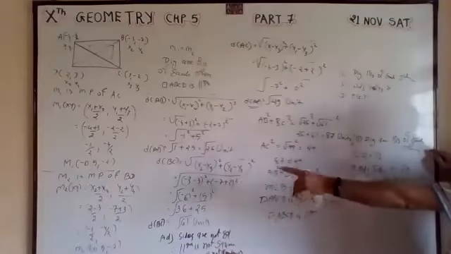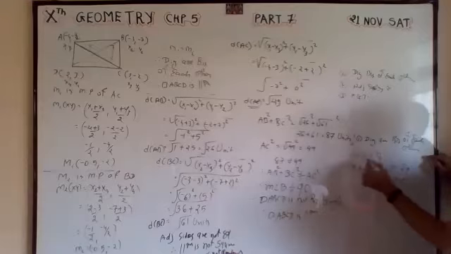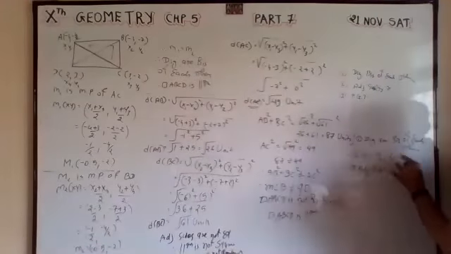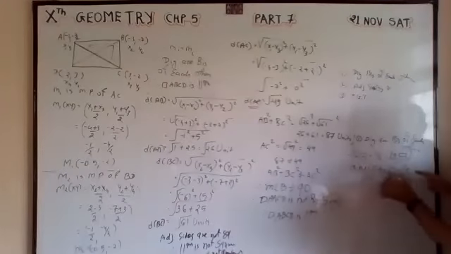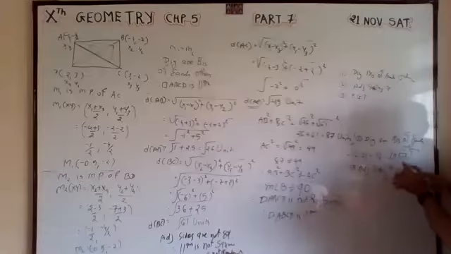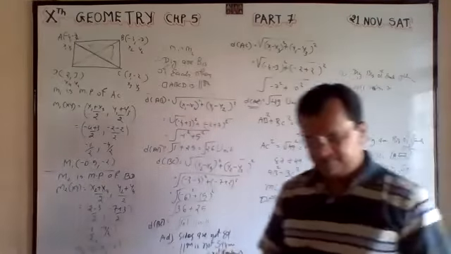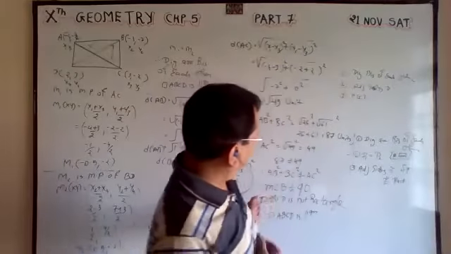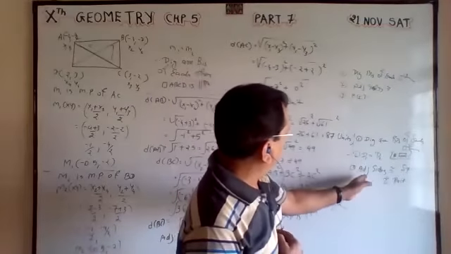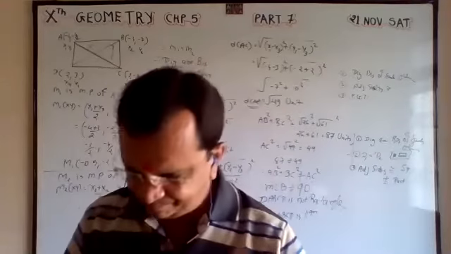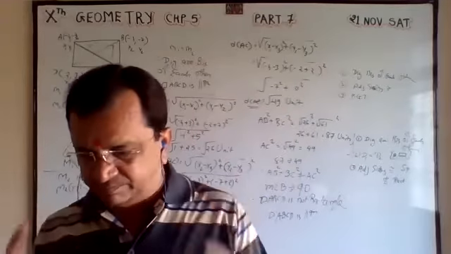Find out the midpoint. If it is equal, parallelogram. Find out the diagonals' length. If it is equal, it can be a square or rectangle. Now find out if adjacent sides are equal, then it is a square. If it is not equal, 100% this is a rectangle. But here we are not getting equal. So not a square, not a rectangle. It is only a parallelogram. So very deep.